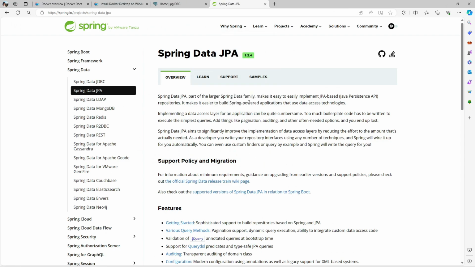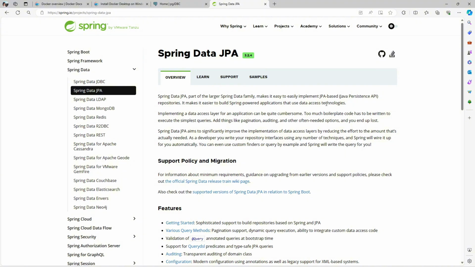Data JPA is a part of Spring Data, and on the left-hand side you can see it has JDBC, LDAP, MongoDB, Redis, and Elasticsearch here. It makes it easy to implement JPA, which stands for Java Persistence API, repositories, and it makes it easy to build Spring-powered applications that use data access technologies. You can even use custom finders or query by example, and Spring will write the query for you.